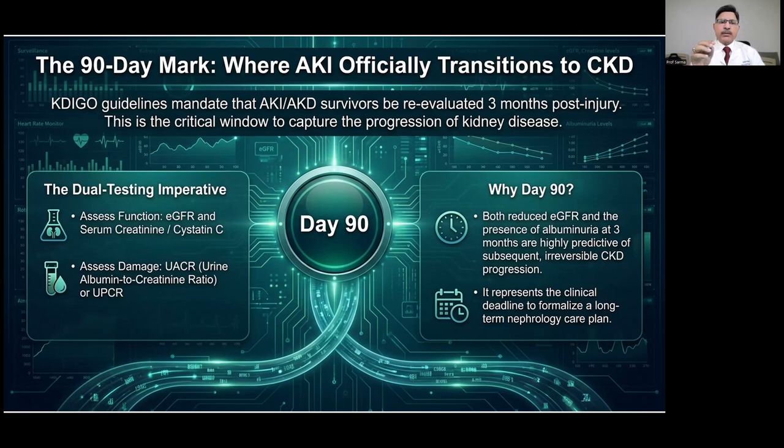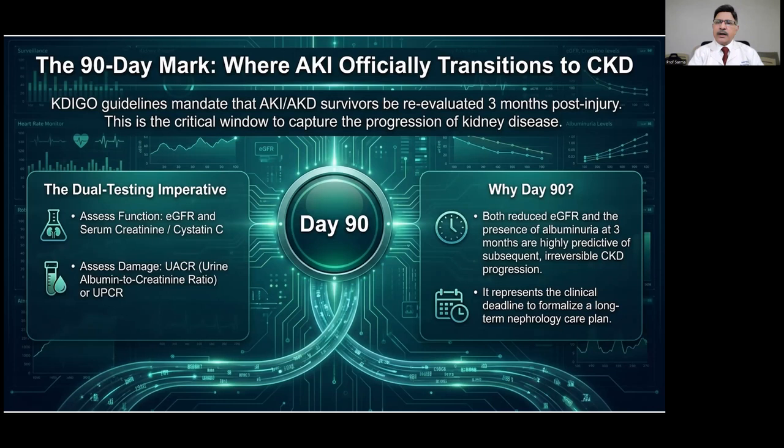Dual testing imperative: assess function, eGFR, creatinine, cystatin. Assess damage, use urine albumin creatinine ratio, urine protein creatinine. 90 days. Why do you have 90? Both reduced eGFR and the presence of albuminuria